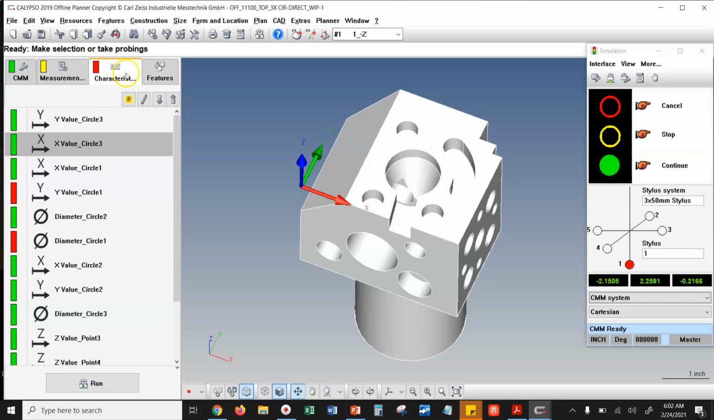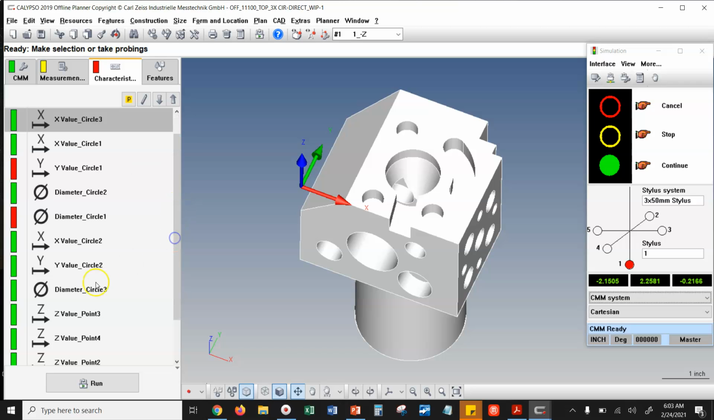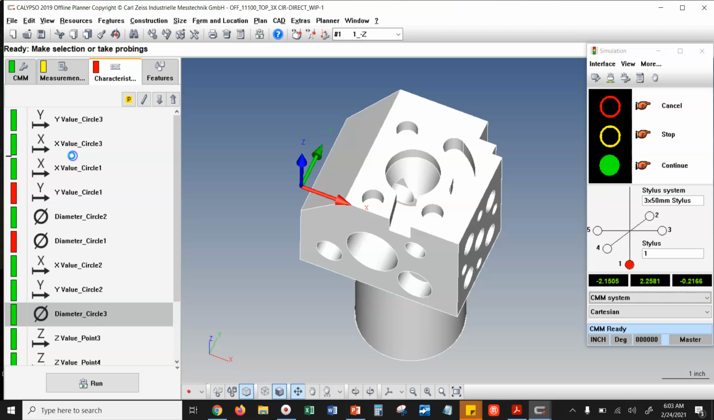And I didn't mention it, but I am in the characteristics menu when I'm doing this, right? The things we care about, the things that go on the blueprint, they are in the characteristics menu. So if you care about it, it's in characteristics. All right, the other thing we need is diameter for circle 3. All right, so Y value, X value, diameter, and then the last thing we need is the depth of whatever